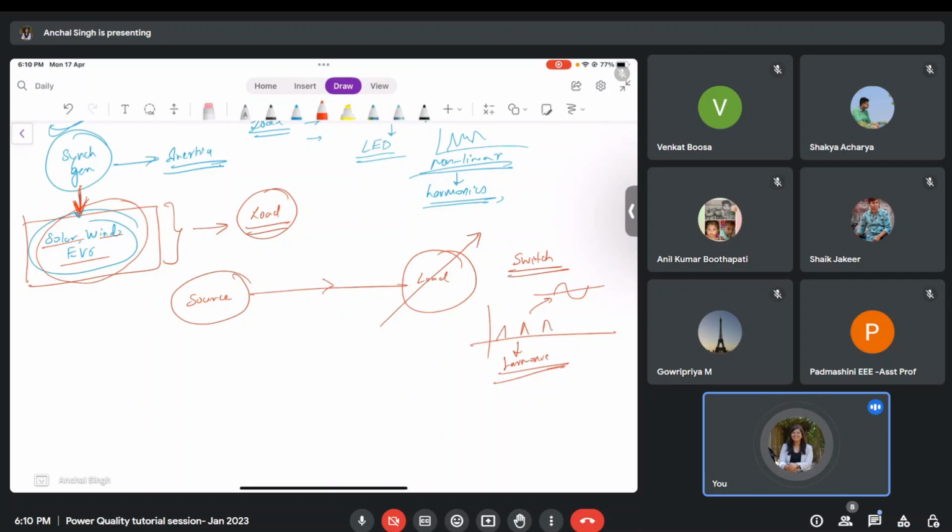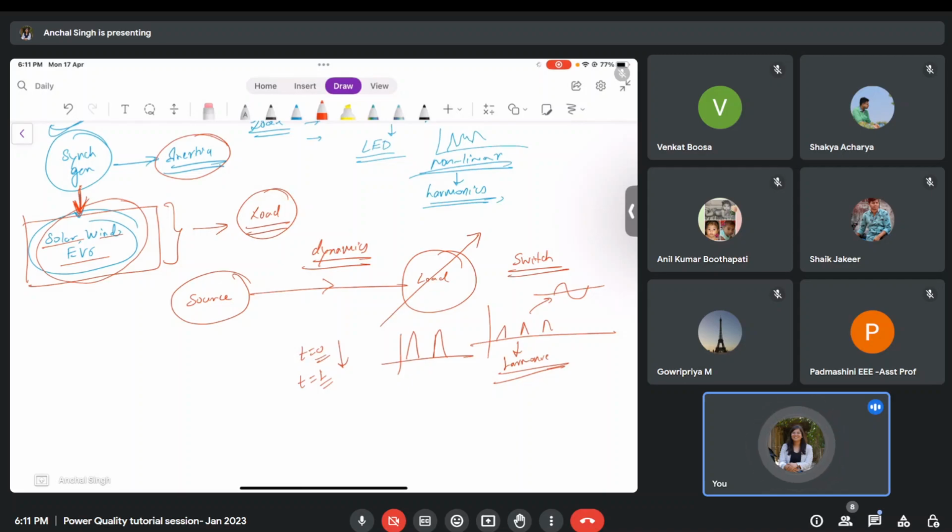Now only 10% of the population has electric vehicles. Soon we'll move towards higher and higher percentages, and then everybody will want to charge them fast. So with fast charging, we'll be drawing very peaky currents. Then the grid, which was very inertial in nature, now has increasing dynamics, right? Because at t equal to 0, suppose I am connecting 50 electric vehicles, and at t equal to 1 unit, all of them are disconnected. Then there is a sudden shift in electrical power, right?